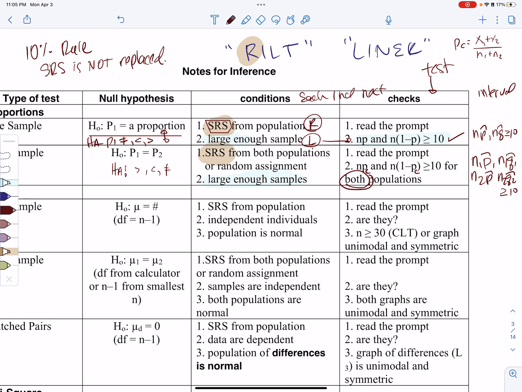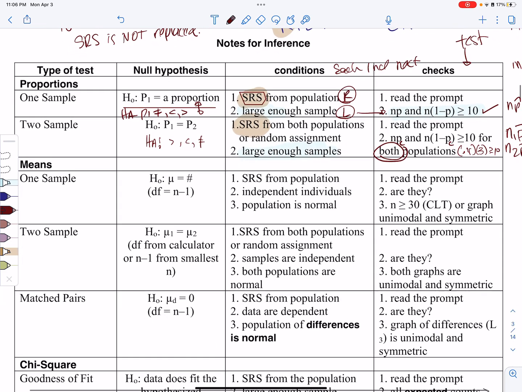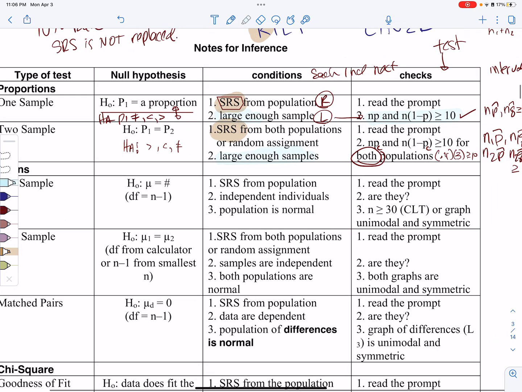So if you're not sure on the symbols, you definitely can just write 0.4 times 3 is greater than or equal to 10 or whatever. You can put your data directly in. So these here are PC though. That changed on the CED a couple years ago. All right, so for here,